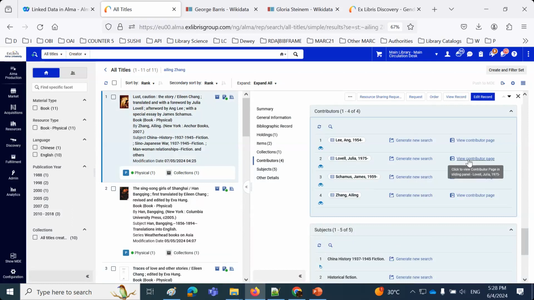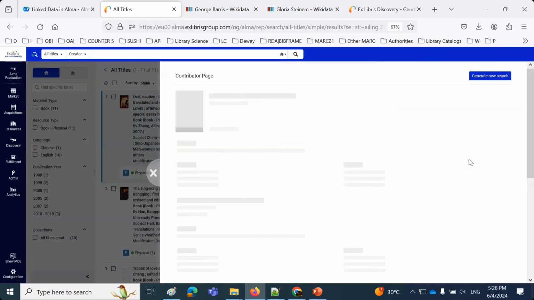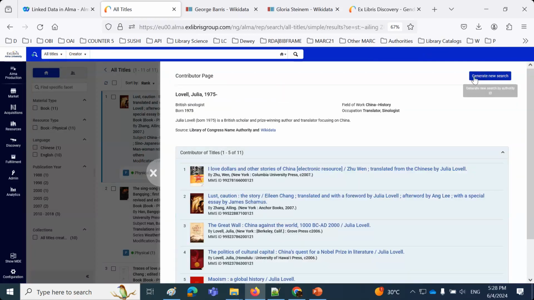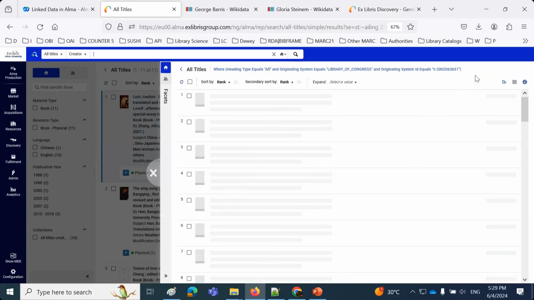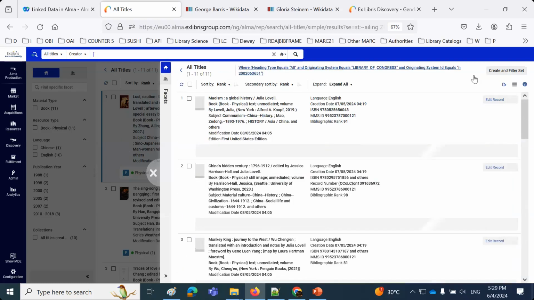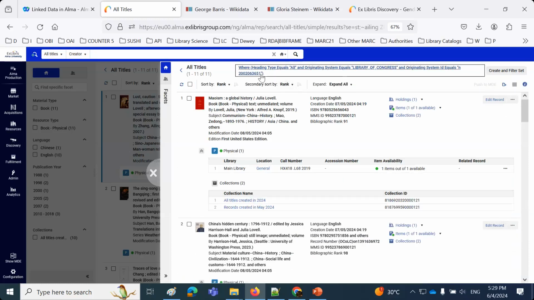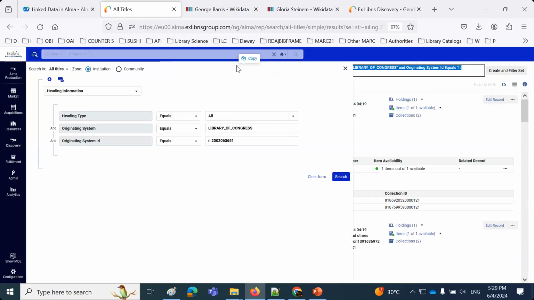If we do the generate new search from the view contributor page, I'm going to open it up and now say generate new search. There's 3 places we can do the generate new search. This is one of them, from the contributor page. I'm going to say generate new search. It's searching by the authority ID. Note up on top here, in fact, I'm going to copy this off to the side. It says here,